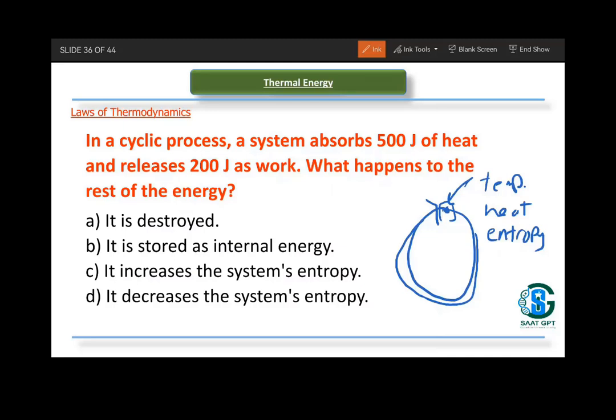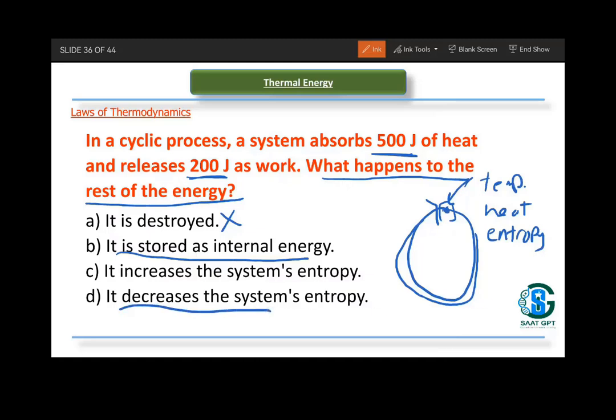So, in a cycle process, a system absorbs 500 joules of heat and releases 200 joules as work. What happens to the rest of the energy? It is stored as internal energy, temporary internal energy. It's destroyed, it doesn't follow the first law of thermodynamics. Increases the system entropy,